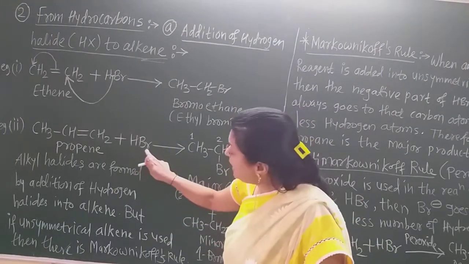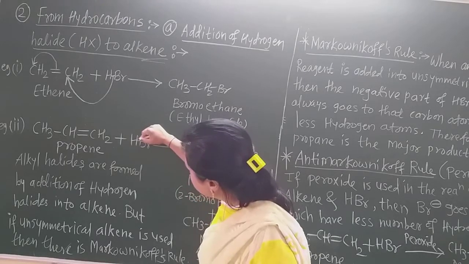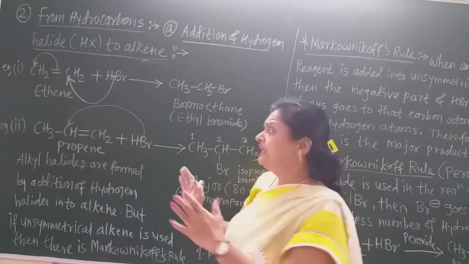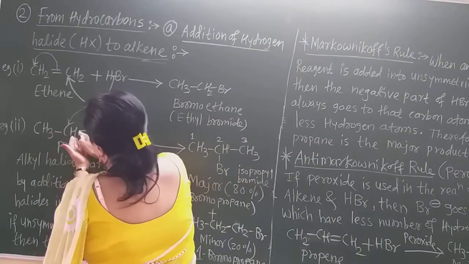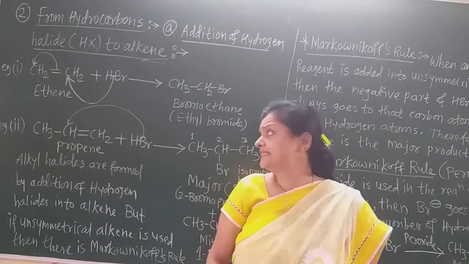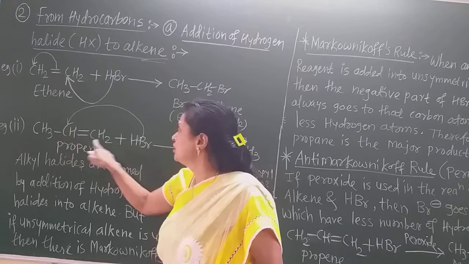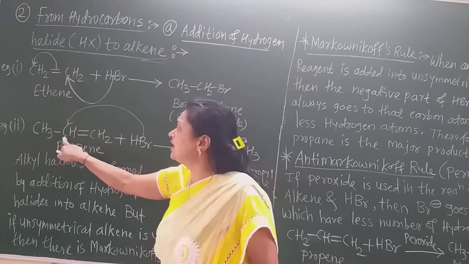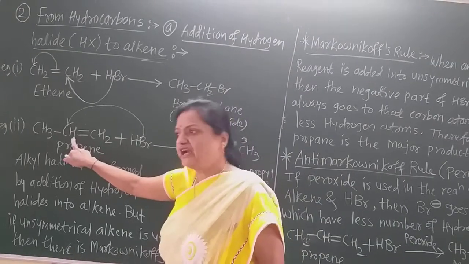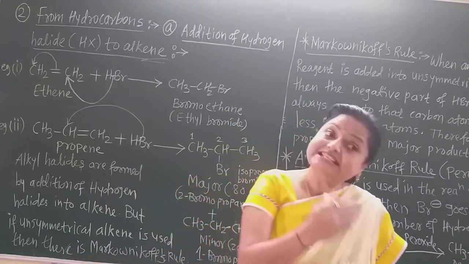So this Br goes to such carbon. Now this Br is added on this carbon. Always think about the two carbons which are bonded by the double bond. This is no matter there. This is totally separate. We have to add only the HBr into these two carbon atoms. So here bromine goes to such carbon which contains less hydrogen. Here are the two hydrogen, here is the one. So bromine always goes to such carbon which has the lesser number of hydrogen.